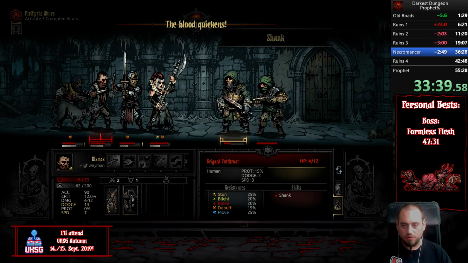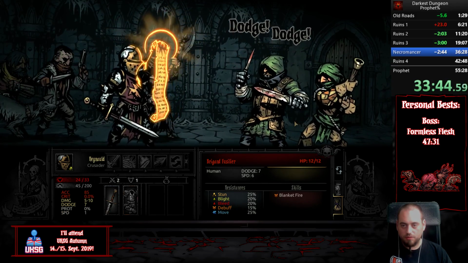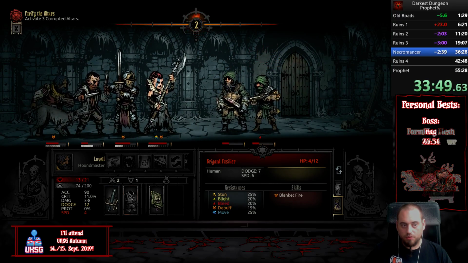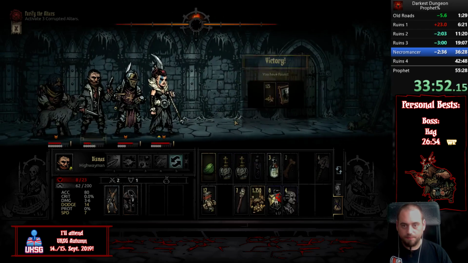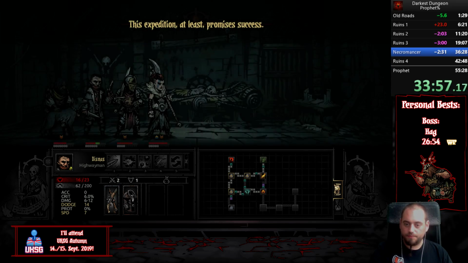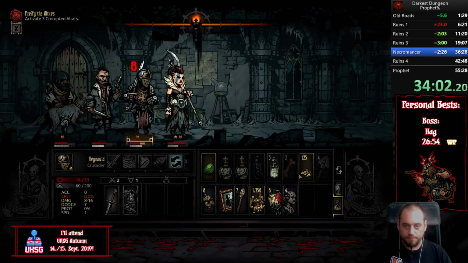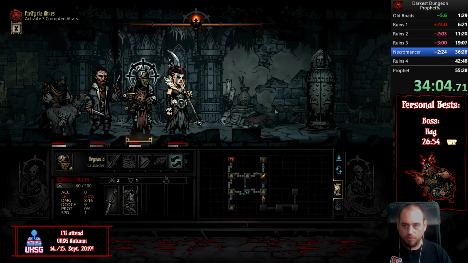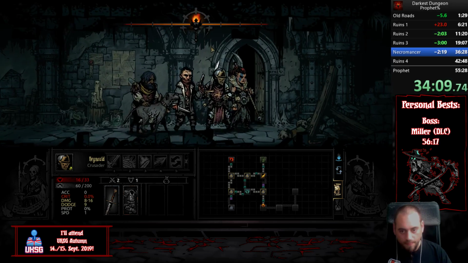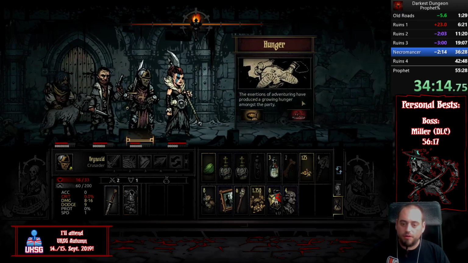Come on. The blood quickens. Okay, so the Huntmaster attacks this guy. Now, Grape Shot. Grape Shot has been really good today, gotta say. Sure. Reynold can take the hit. Come on, where are these